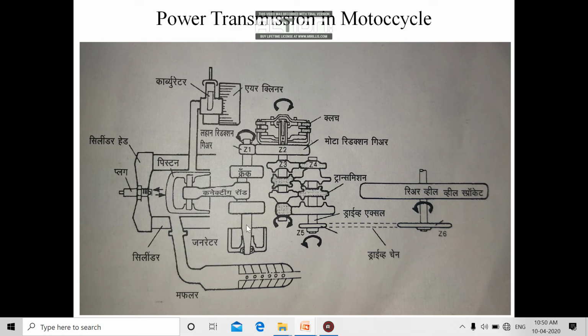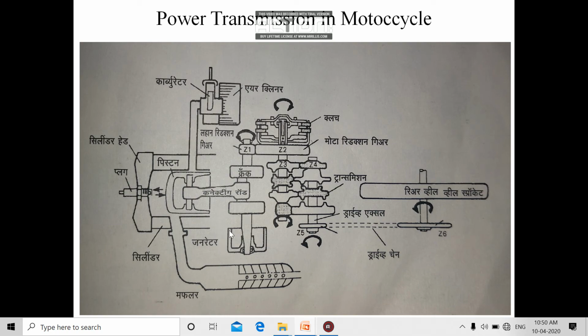This is a split type crankshaft. Half of this crankshaft is split into two ends. One is the right side end, another is the left side end. The right side end enters the clutch housing side, and the left side end enters the generator housing. So we know that the two-wheeler gear engine system, or the two-wheeler engine or power plant, gets split into two halves: the right side half and the left side half. In that way, the right side of the crankshaft enters the right side housing, which is called the clutch housing, and the left side split end of the crankshaft enters the left side housing, which is called the generator housing.